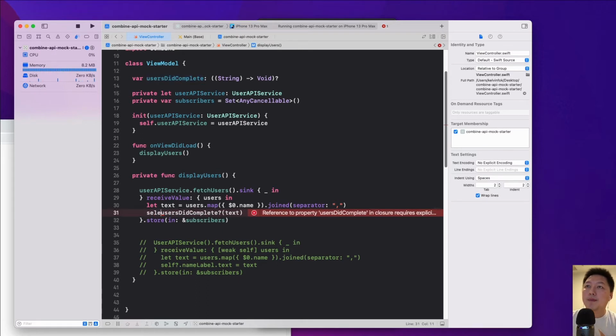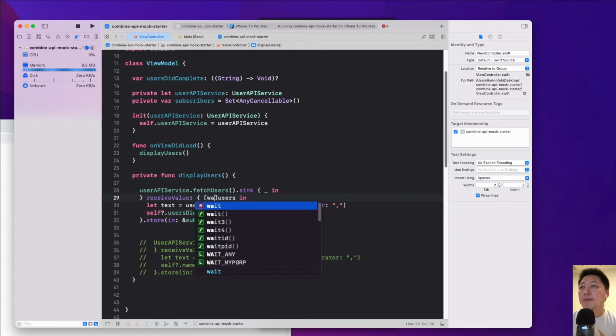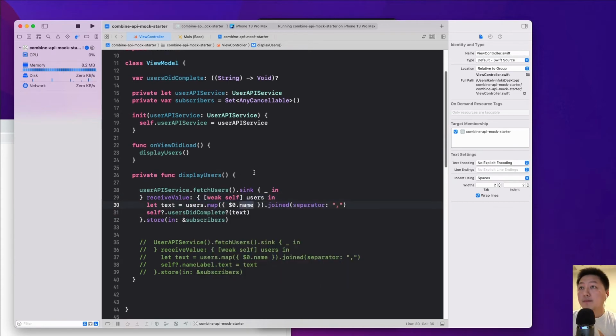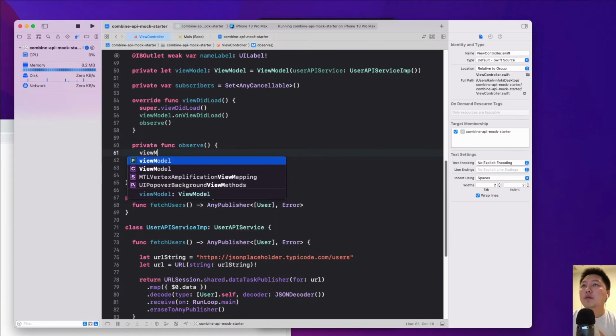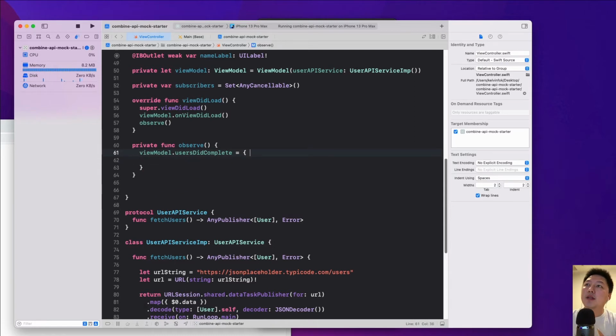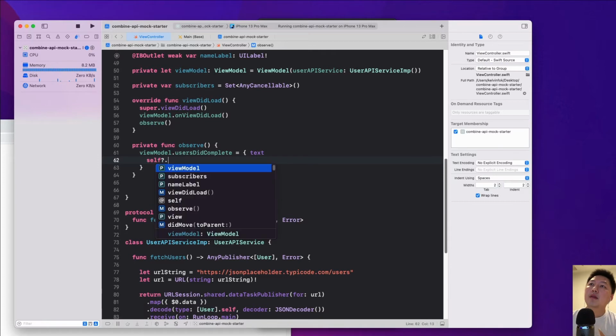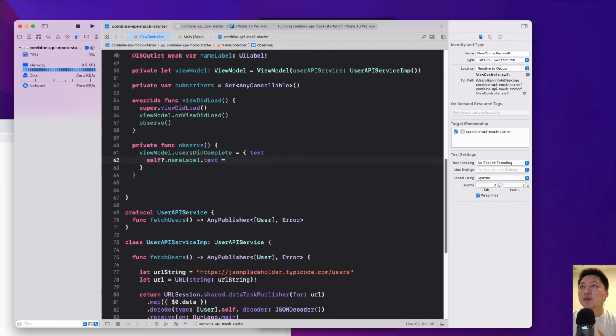All right, and let's add a big self here. All right, not complaining anymore, and then we can do viewModel.usersDidComplete. We have the text here, and then we can do self.label.text equals to text,